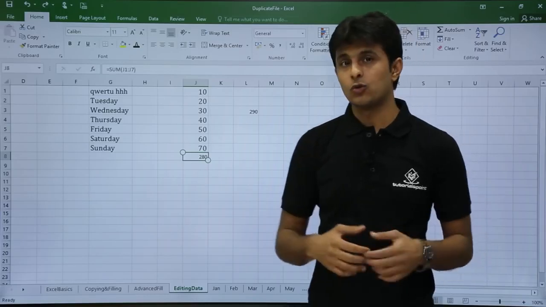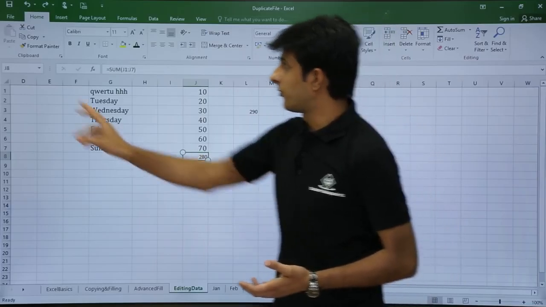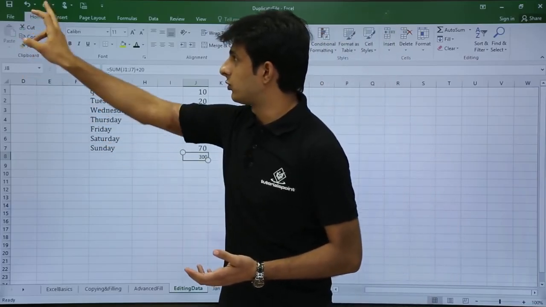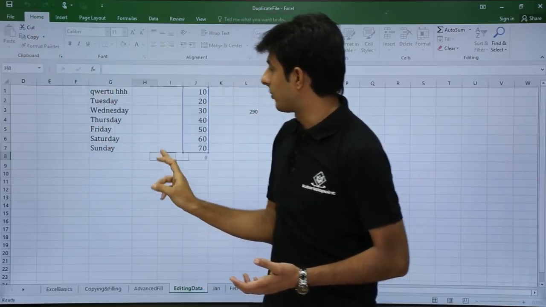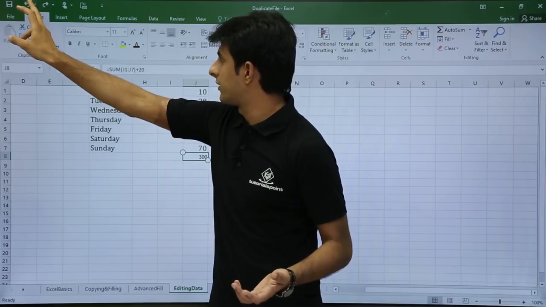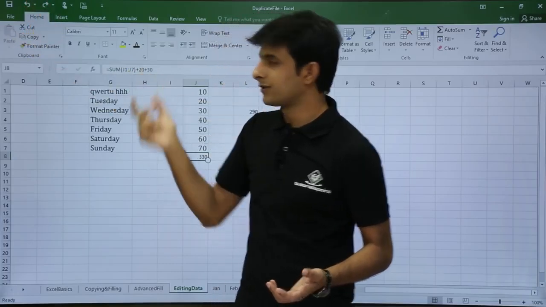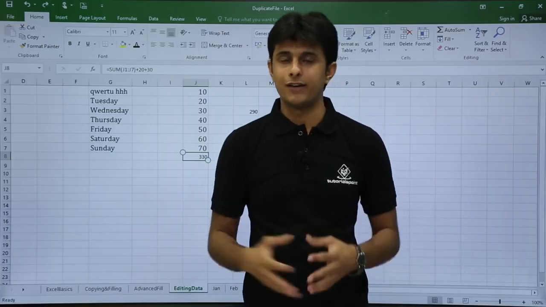Otherwise, if you want to go forward, that means you want to redo that option, you can go for the redo option on the quick access toolbar, redo. So you can see there's a change. If I press undo, it will go back. So select this option or any option, you can see undo, it is going back. If you do redo in the function, in the formula bar, you can see the difference. So that is the difference, undo and redo.